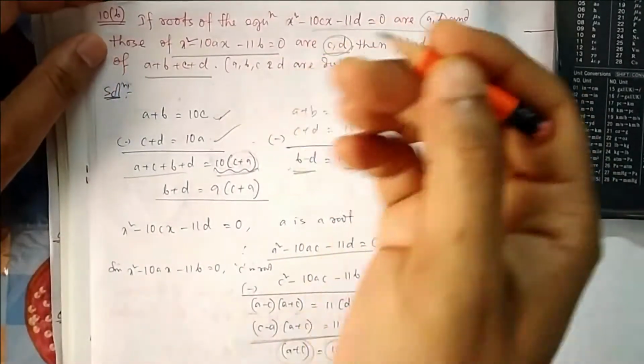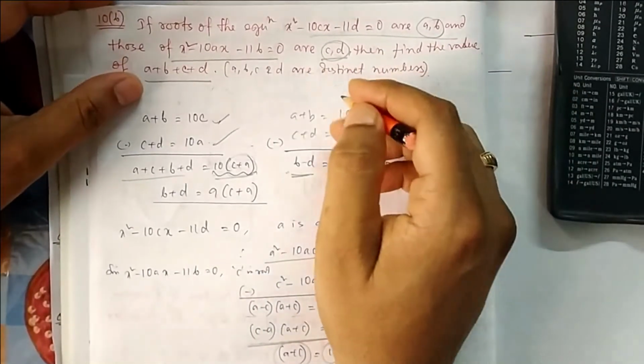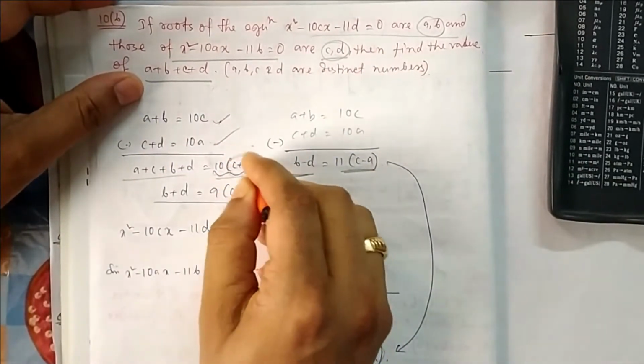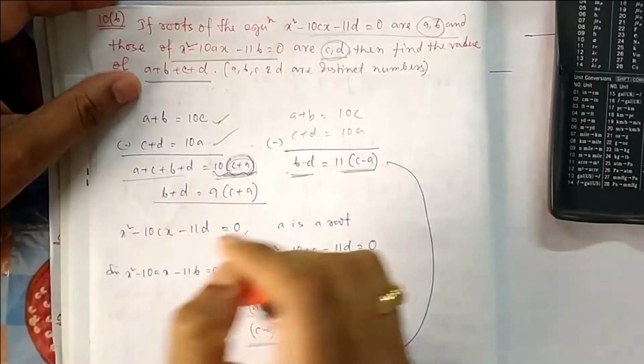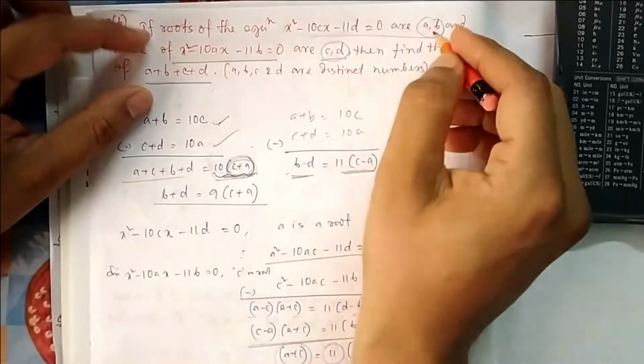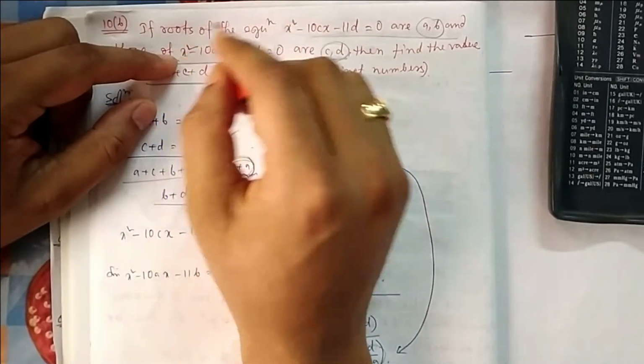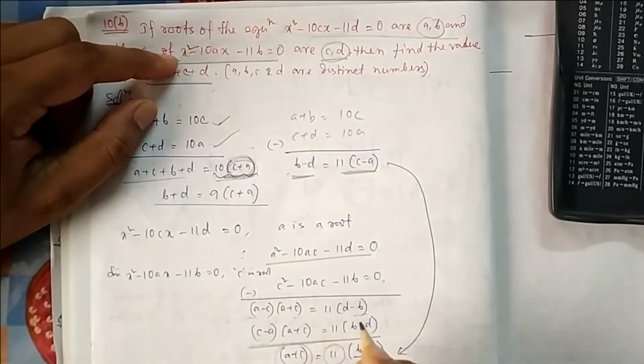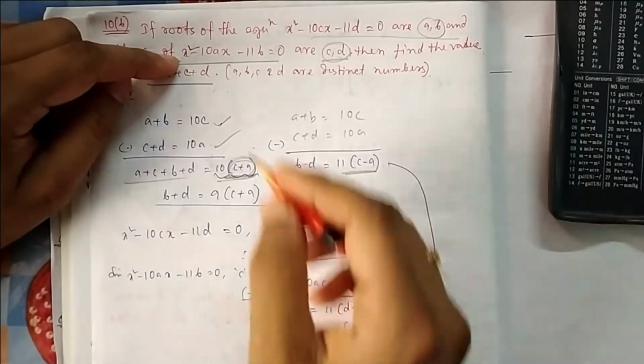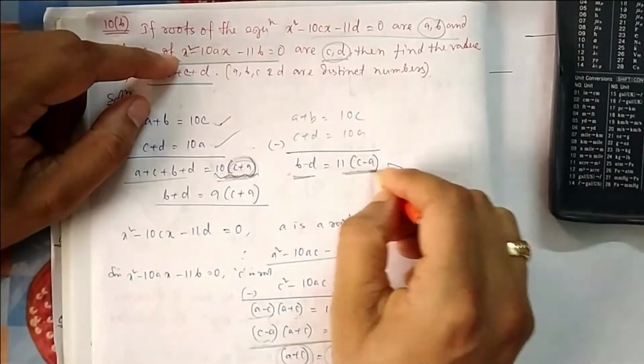So from somewhere you have to start and you have to think where to go. Now you have added this one, you are stuck with C plus A. Think how you can get C plus A. If I put A, it is A square; if I put C, it is C square. Then if I subtract, I get C plus A. In that I get C minus A also. So how to get C minus A? If I deduct these two, then I also get C minus A.